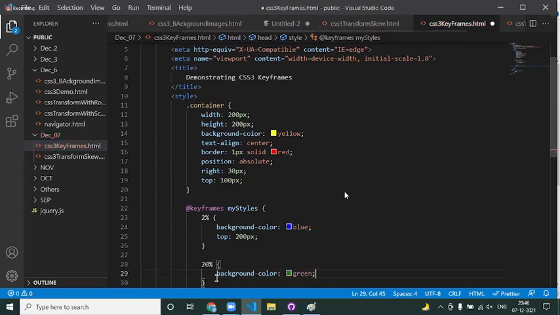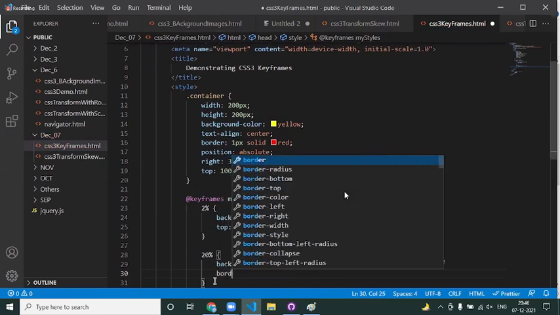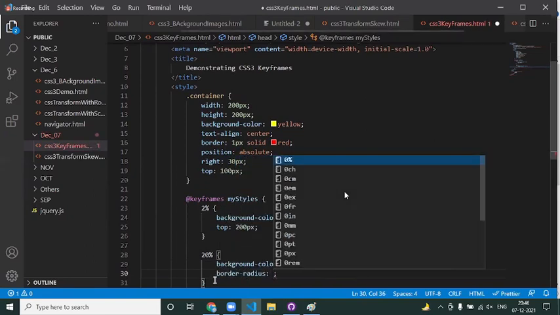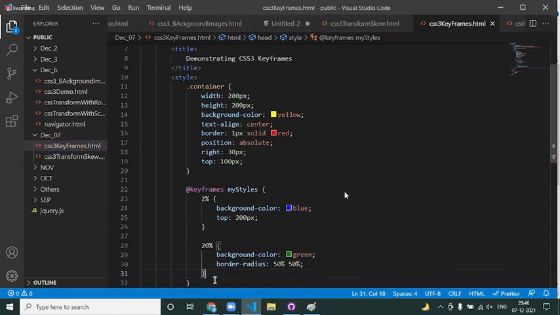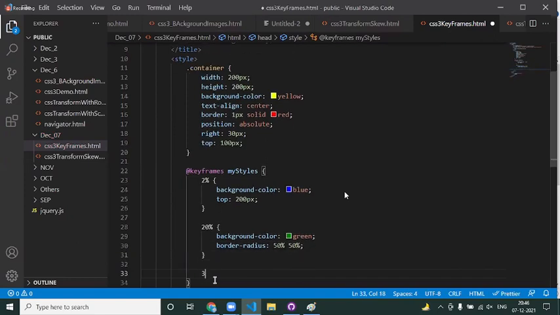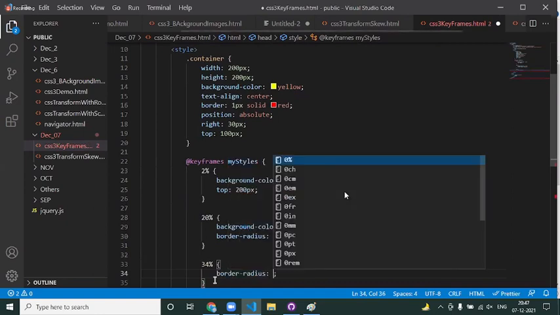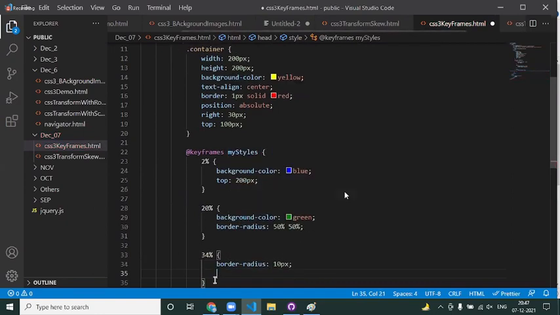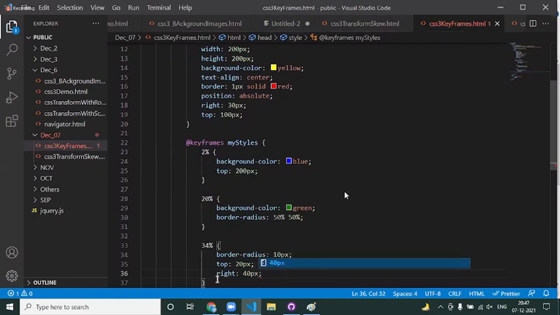The reason I'm using background color is you can see the visibility here. Some border radius, say 50% and 50%, I want to see it as a circle also. 34% border radius, some 10 pixel, top is going to be 20 pixel, right is going to be some 40 pixel.